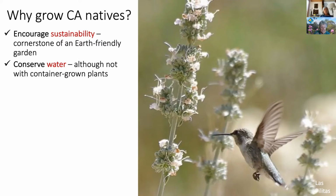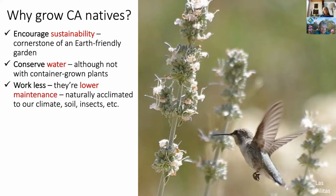One reason natives would need less water is because they can put down very deep roots. And obviously in a container, you're not going to have plants able to draw water from 20 feet below your pot. So growing natives is almost always less work and less maintenance. They're naturally